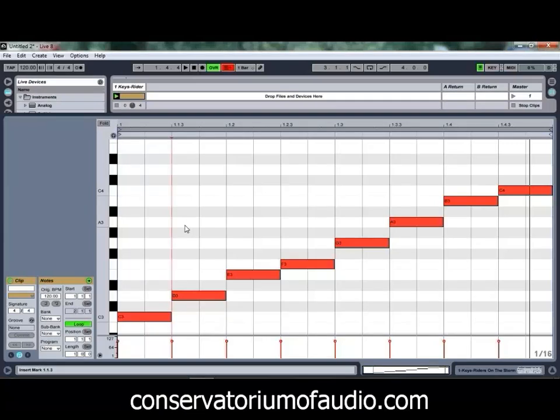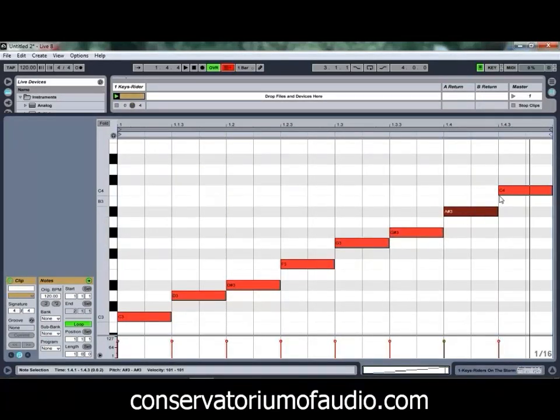To get a natural minor scale, we do have to change around some of the intervals. And the intervals for a natural minor scale go 2, 1, 2, 2, 1, 2, and 2. So again, that's 2, 1, 2, 2, 1, 2, and 2. So if we have a listen to what a C natural minor scale sounds like,